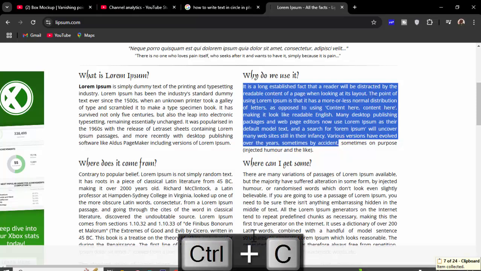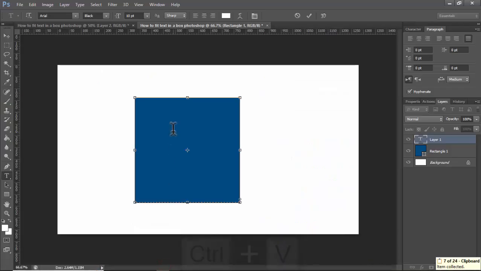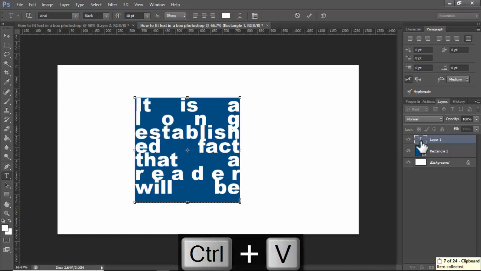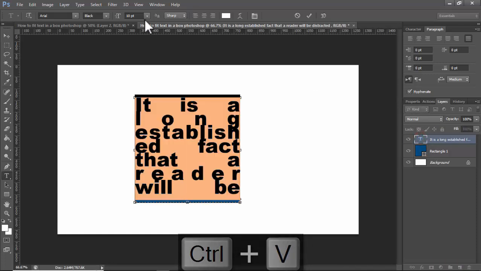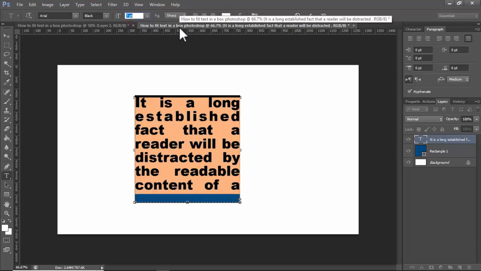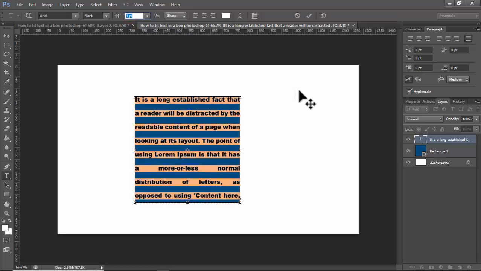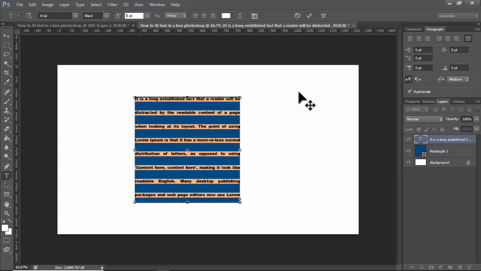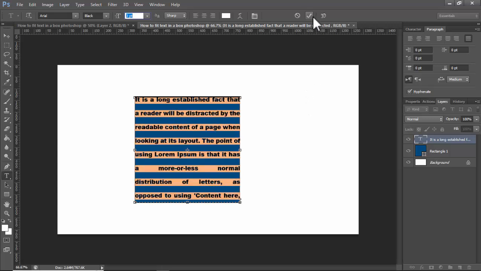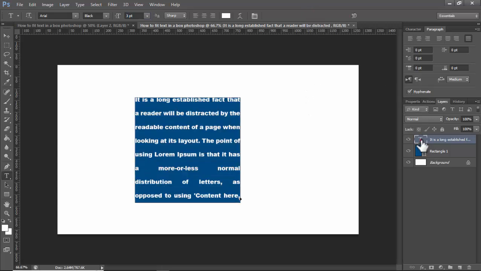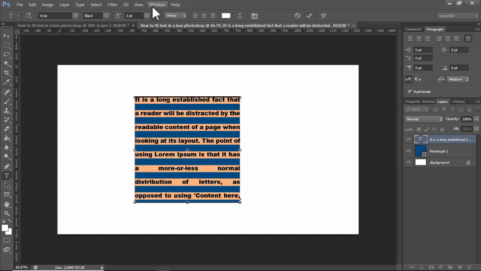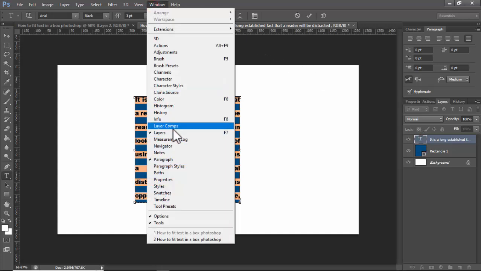press Ctrl C, copy, press Ctrl V or paste. Double click, resize. Okay, then click OK. Again double click, go to window, add